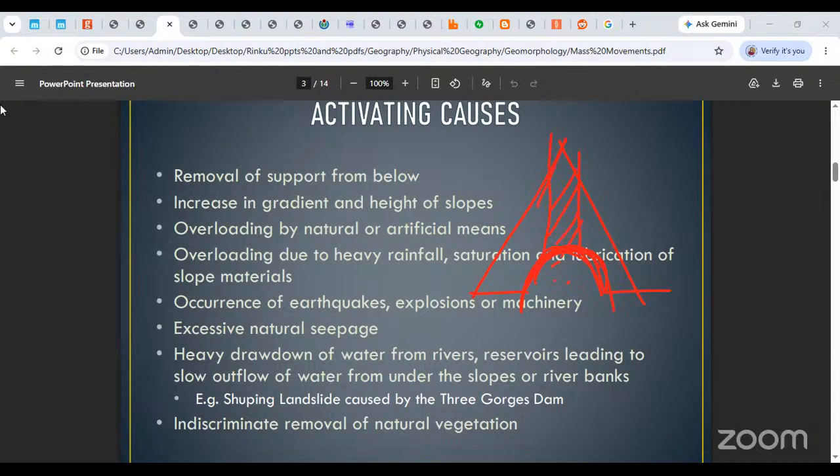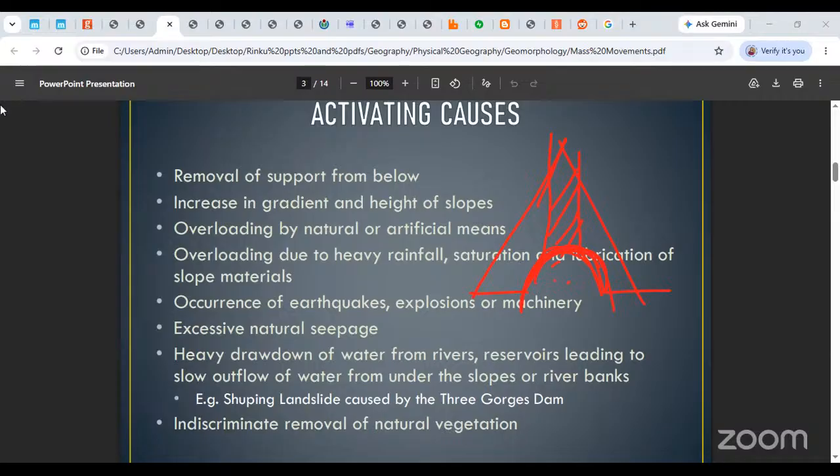Similarly, when we cut through cliffs, especially if you're traveling through Ghats, you should see that the roads are made through cliffs. You can see overhanging cliffs above your head when you're traveling through the Ghats. That overhanging cliff is also left unsupported, which means there is always a possibility that it can come down. Unsupported material always has the possibility of coming down. So that is one reason.